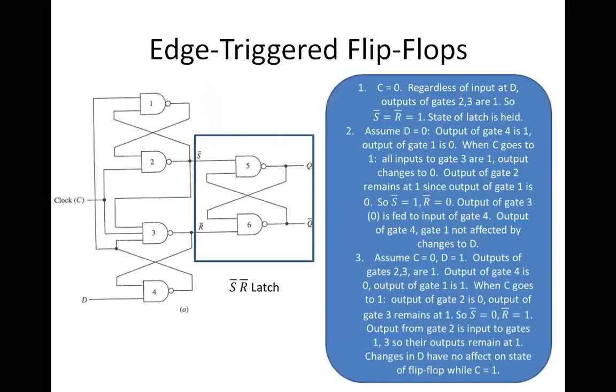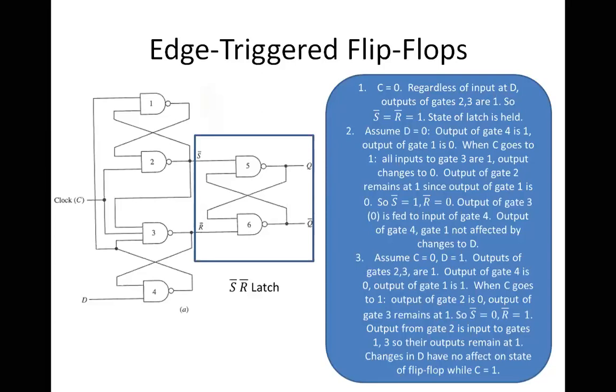So in the first case, now let's see the first case. When C is equal to 0, regardless of input at D, whenever C is equal to 0, 0 goes here, 0 goes here. So when C is equal to 0, what is going to happen? The output is totally changed. So I'm going to get a 1 here, and similarly, when C is equal to 0, 0 into anything is 0, so I'm going to get a 1 here. So my S bar and R bar will be equal to 1, and the state of latch is held. So if you can recall,